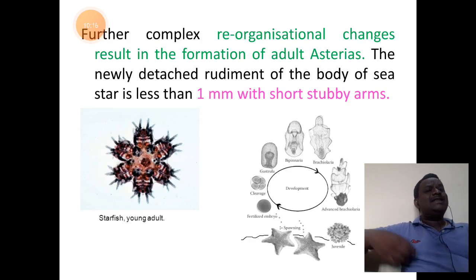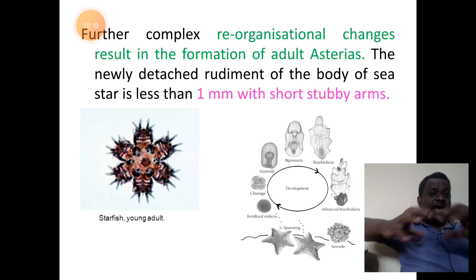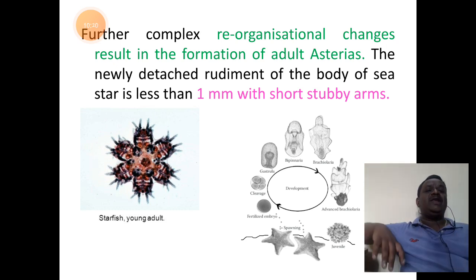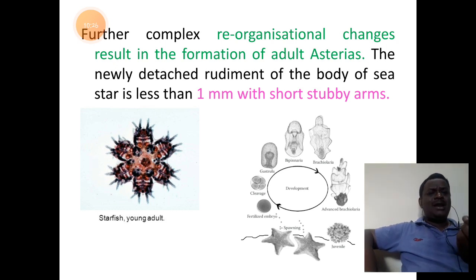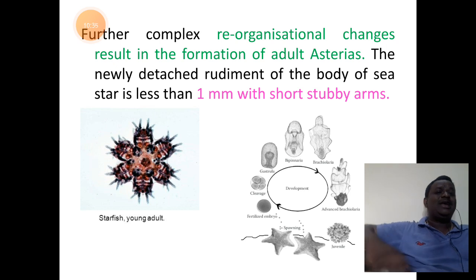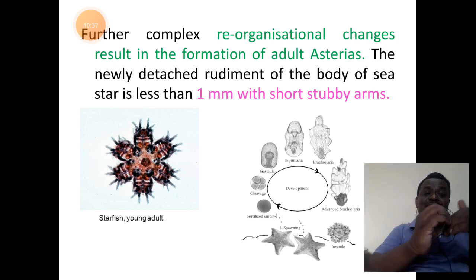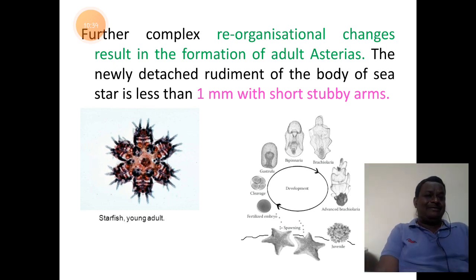So all the changes inside the body of the brachiolaria larva will form a tiny starfish, which is around 1 mm in diameter, with short stubby arms attached to it. So where is it forming? It is forming inside the body of brachiolaria larva.